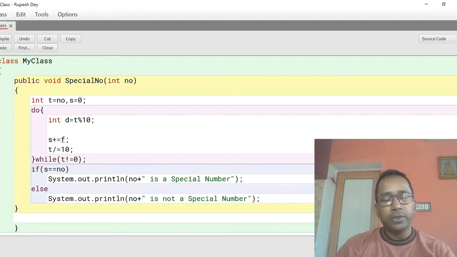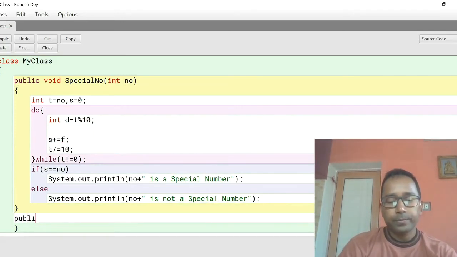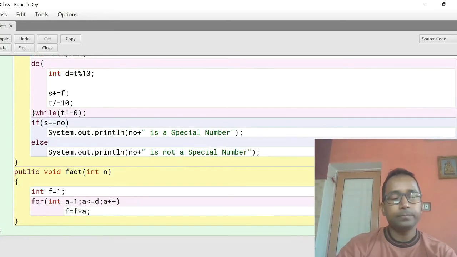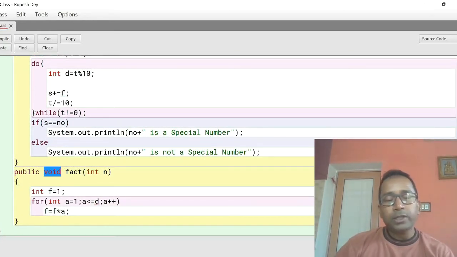I'm making a separate function here. Public void fact, for factorial. So it will also take one parameter whose factorial needs to be calculated. But in this case, you have to make the function returnable, because after calculation, we will return the factorial value of number n.